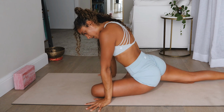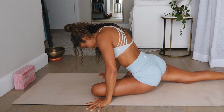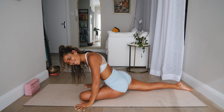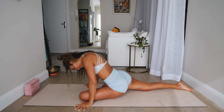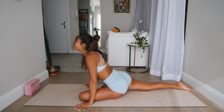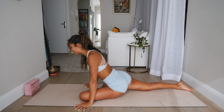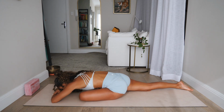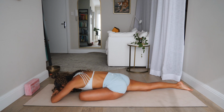Place your hands onto the floor and try and lift your knee, your shin, and your foot off the floor simultaneously for another 5, lifting it towards your chest. 4, it's not going to lift. 3, but you're going to aim for it. 2, good. For 1, and then fold further forward into the stretch. Allow your head to relax down. Soften here. Take a deep breath in, going that little bit deeper on your exhalation. Beautiful. And then push yourself back up,